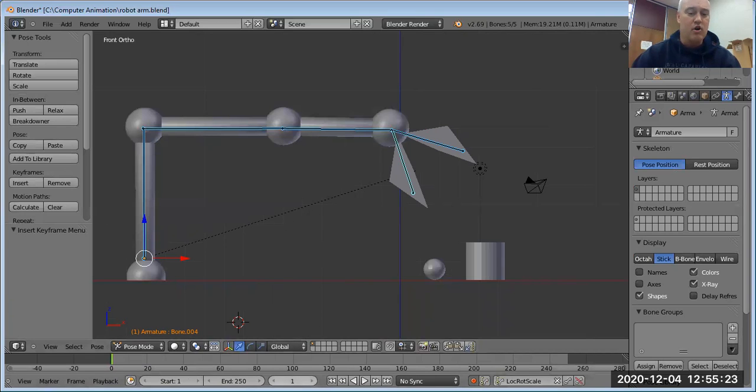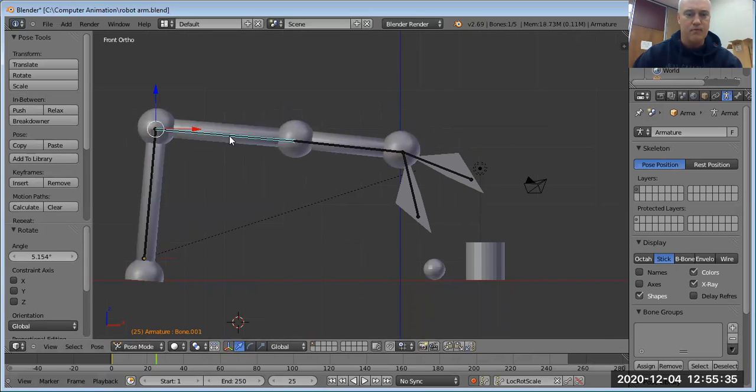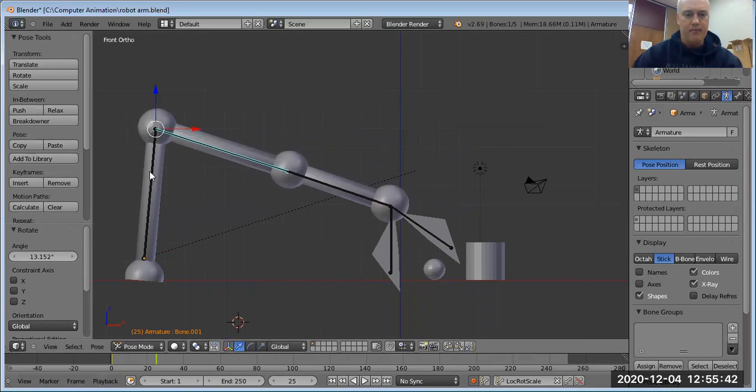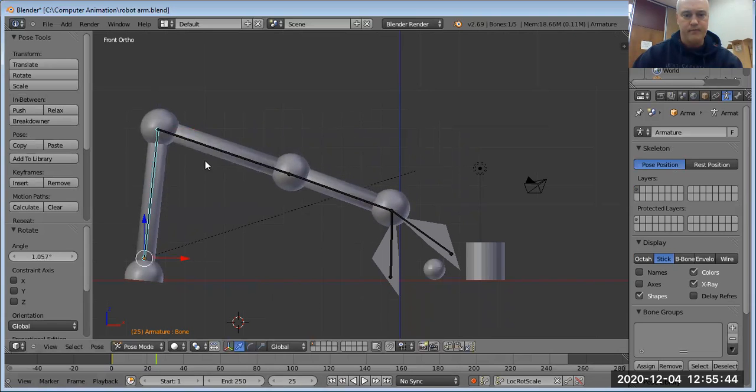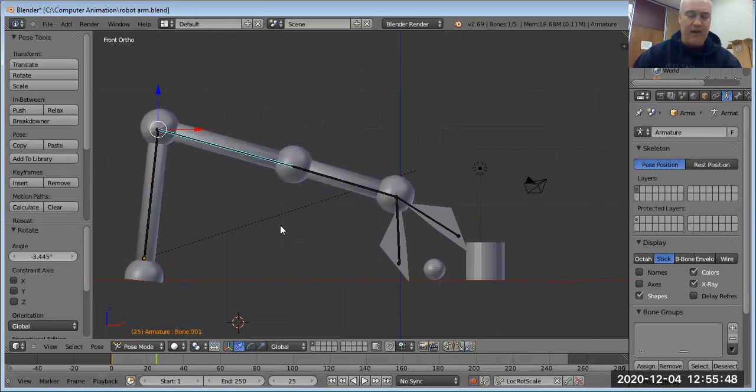And now if I turn my keyframes up to, let's say, 25 frames, which is approximately a second, what I could do now is start to move my individual bones, and what the record button will do is record each individual movement of the individual bones. So if I drag down to about here, basically, and that's what I kind of like,